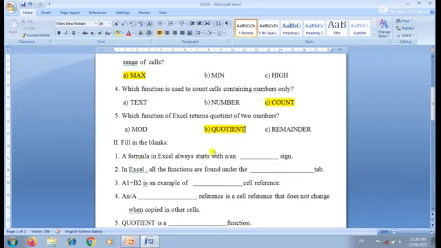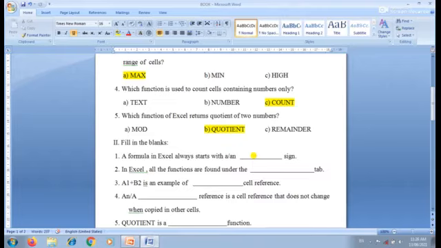Okay, the next one is fill in the blanks. A formula in Excel always starts with a dash sign. Whenever you are entering any formula in an Excel worksheet, you have to start with, sorry students, you have to start with the equal sign.